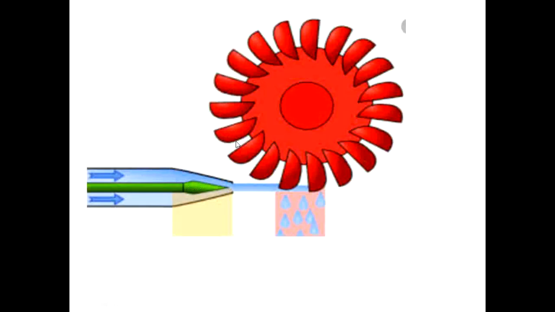This is the Pelton wheel turbine. It will have a number of buckets. Minimum 15 buckets should be there in the turbine, so 15 plus 1, 16 buckets should be there on the periphery of the rotor. This is the pipe, this is the nozzle. Through the nozzle water will come out. This is the diameter of the jet.